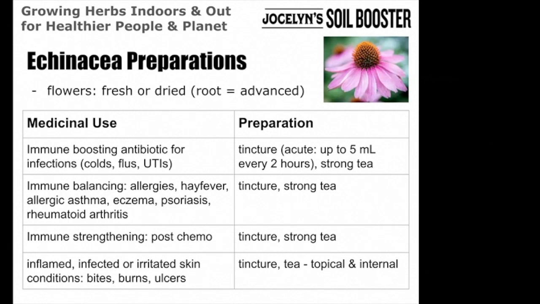So if we baby our plants too much, especially our medicinal plants and herbs, then they actually won't be as potent medicinally as if we give them some tough love and let them really build up their own immune system and build up their own strength, because that is what gives us strength as well through the medicine. So again, we can use the flowers to either immediately use them fresh for teas or tinctures, or we can dry them out to use for tinctures and teas later.